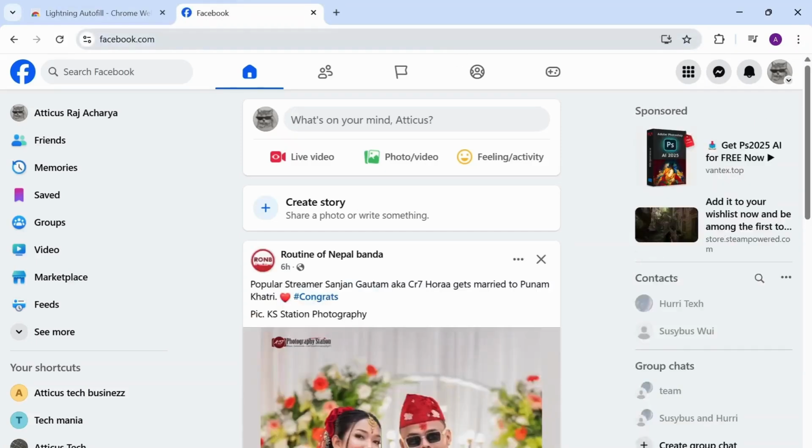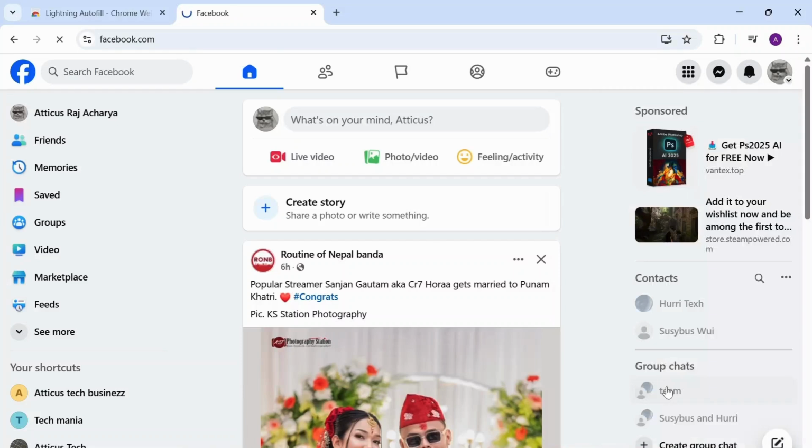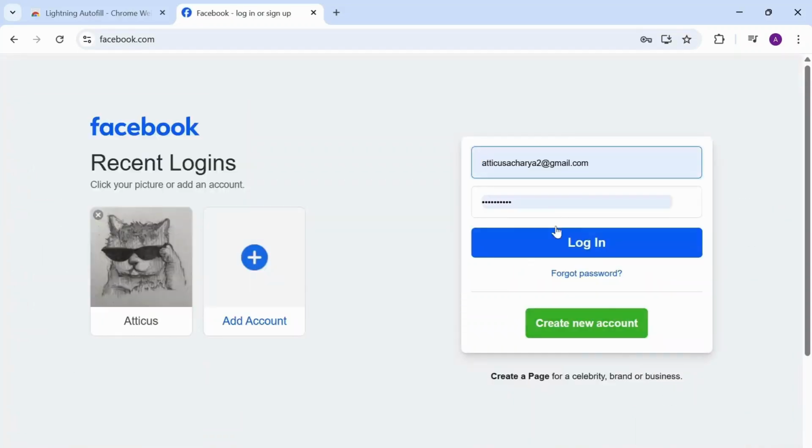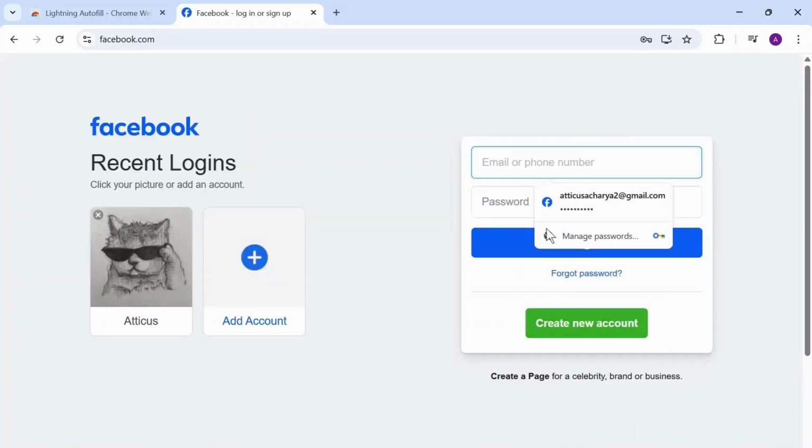Now you can head over to any website that you want where you can log in. So I just went to Facebook. Let me just log out for a bit. And after I log out, what I can do here is, let me just remove all of this. The password manager is working its thing. Now, whenever I type in something here, and just typing in something random for now, and then I type in